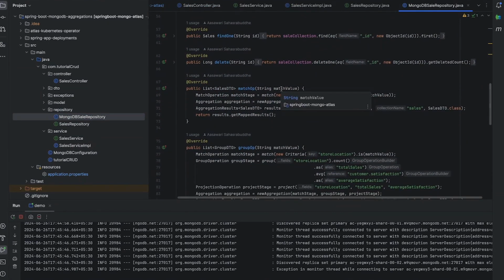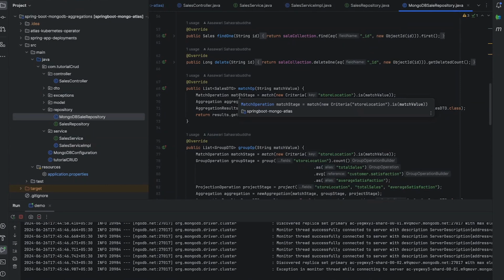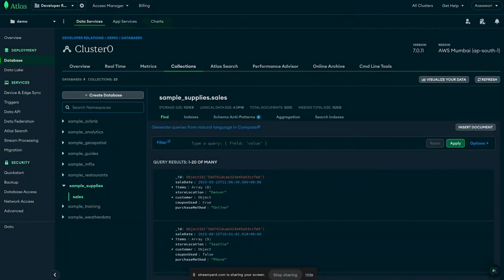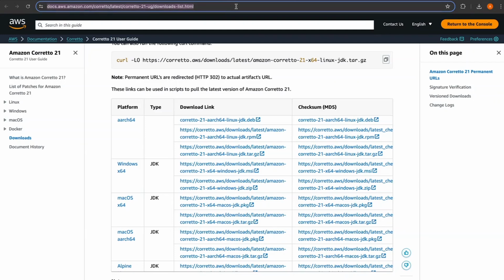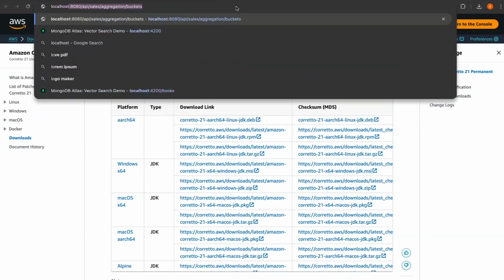This is the same as db.collection_name.aggregate match store location as London. When we run this entire application, we will see how this responds. So let's go back to our browser and see if the application is running. Let's click on localhost:8080.